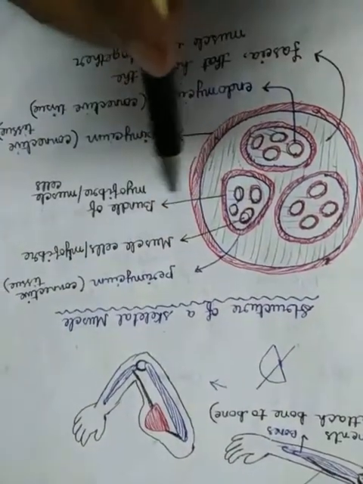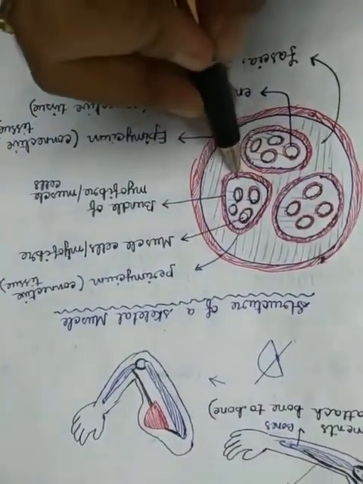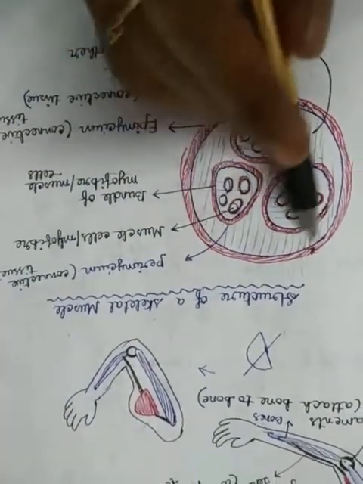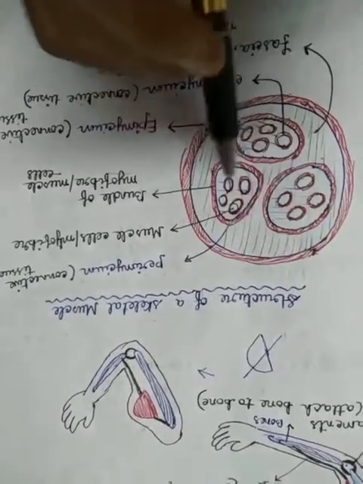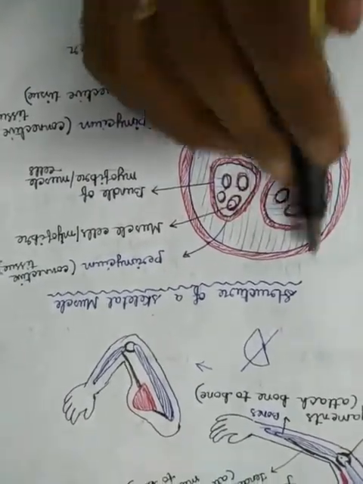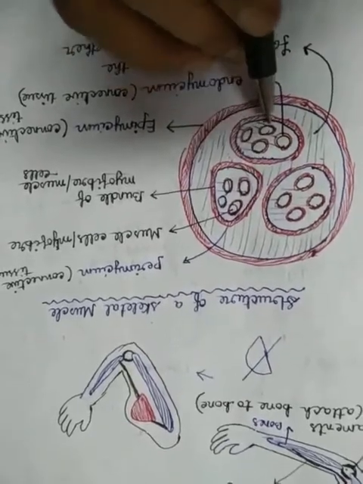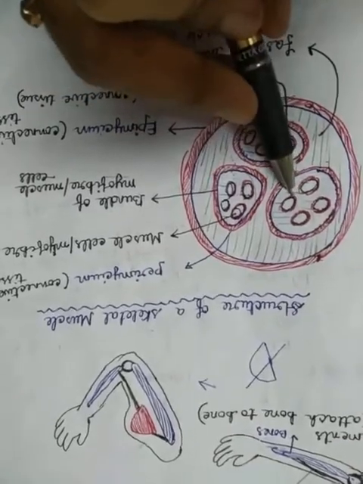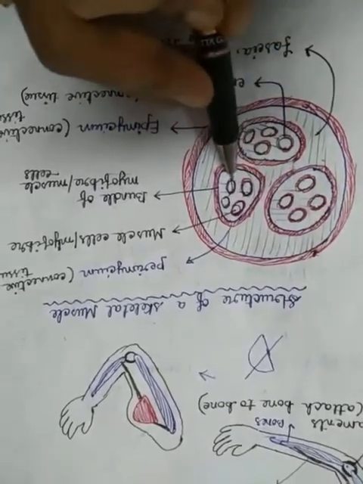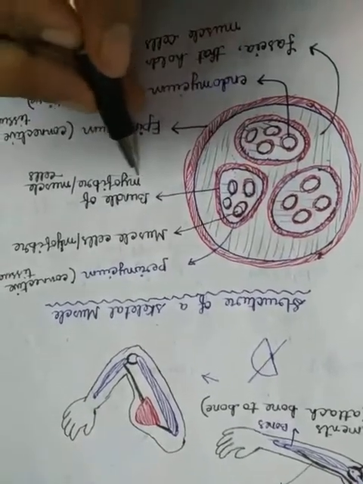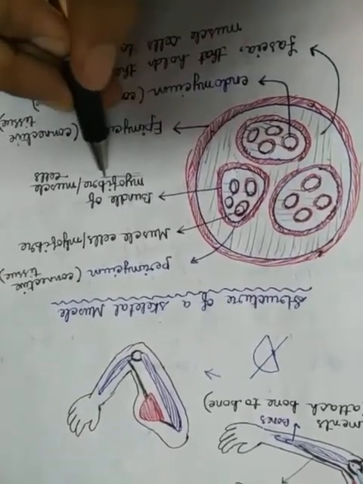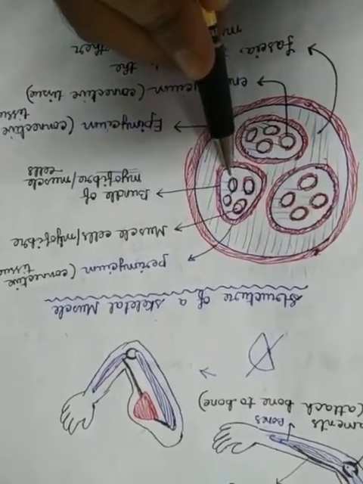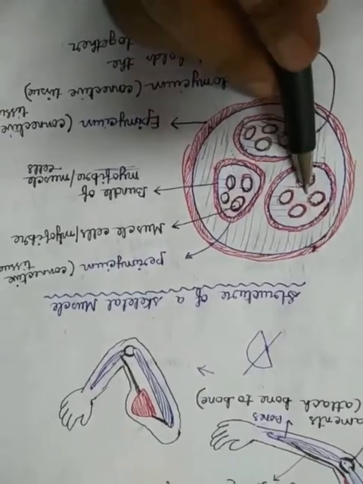Okay. So this bundle of muscle cells is also called a bundle of myofibers. That means muscle cells means myofibers. So this is the structure of a section of a skeletal muscle. Within the skeletal muscle, we have found some bundles. Here I have shown 3 bundles. These bundles contain muscle cells. Muscle cells are also called myofibers. So suppose this is a bundle of myofibers or muscle cells, here is another bundle, and here also a bundle.